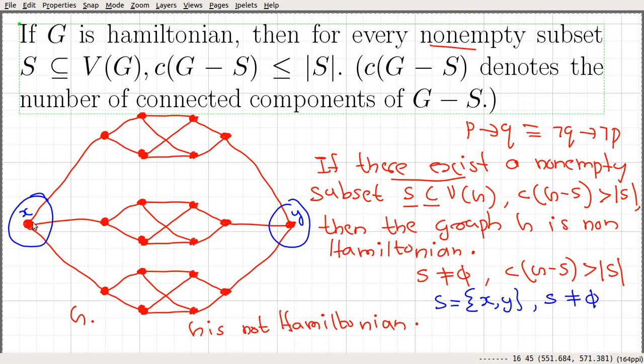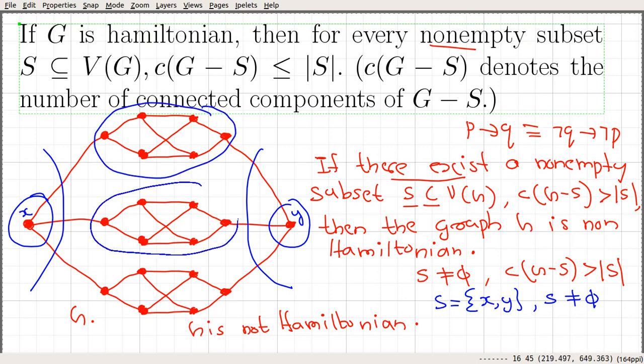If you delete these two vertices and the incident edges, you get these three graphs. Here we have this component, this second component, and the third component. So the number of connected components in G after removing S is equal to 3,